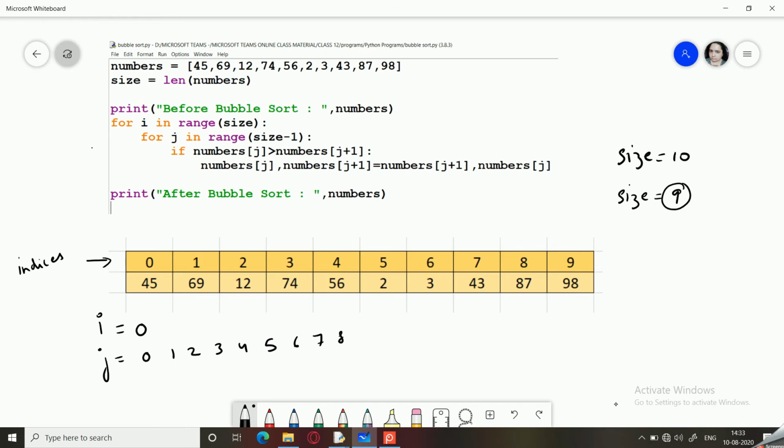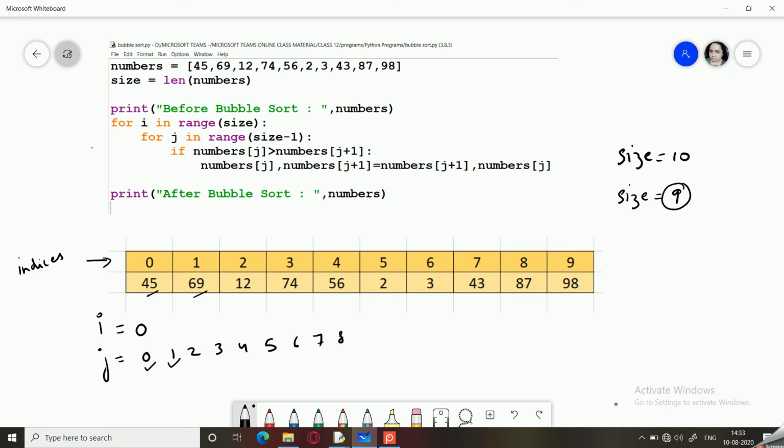So now we will check if numbers[j], whatever is at location 0, that is 45, is greater than numbers[j+1]? Here the answer is no. Coming to the next one, now j has taken the value 1.